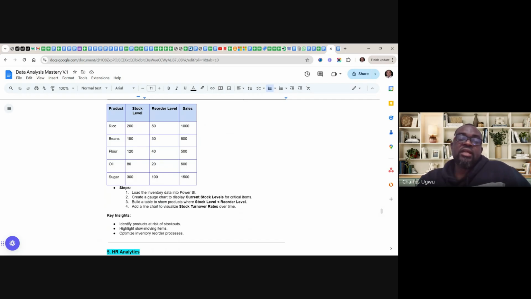the inventory data into Power BI, create a gauge chart to display current stock level for critical items, build a table to show products where stock level is less than reorder level.